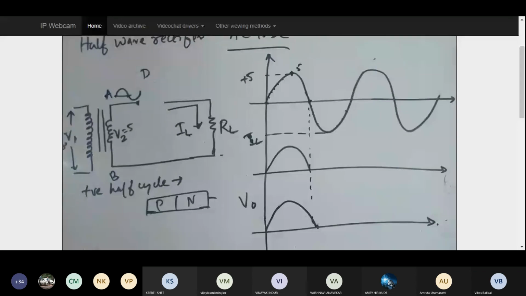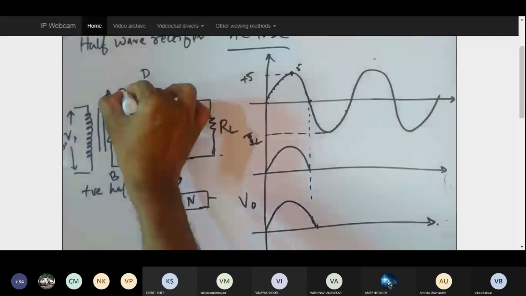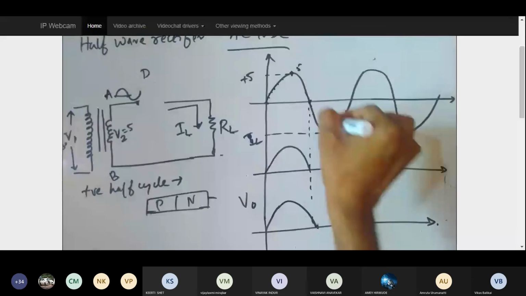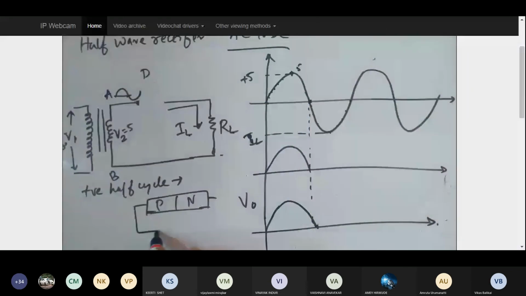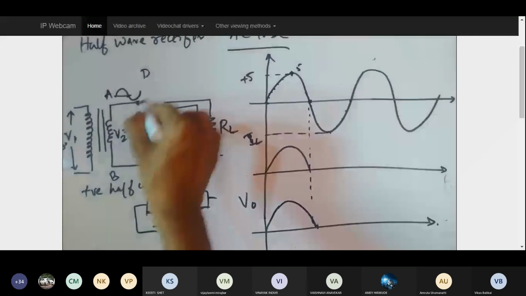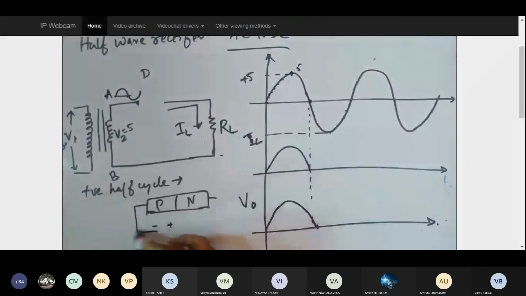So negative means, from 0 to -5, and -5 back to 0 again. So in this entire time duration, my input is negative only. If input is negative, which means P is connected to the minus potential and N, of course, will be at the highest potential. So since P is at negative potential, what does that mean to my diode? That means the diode is not passing any current through it because the barrier potential is increasing.